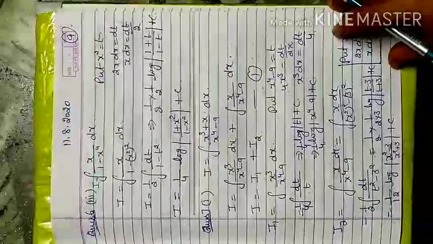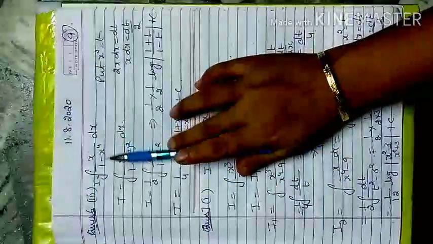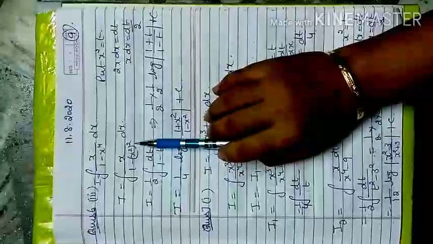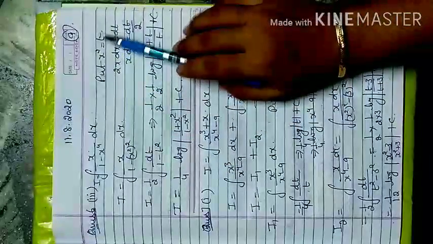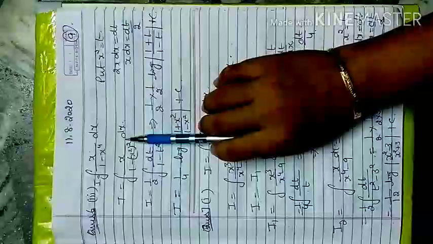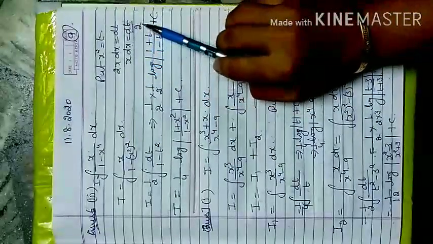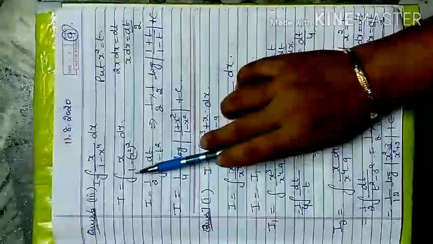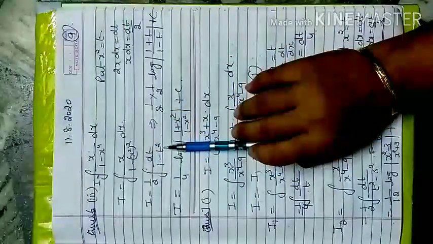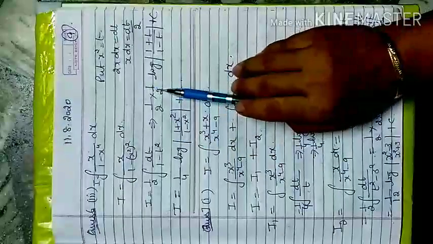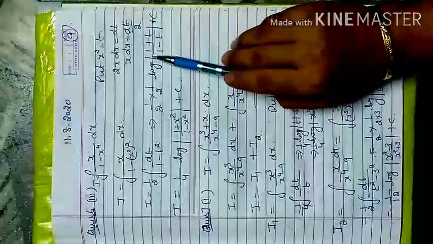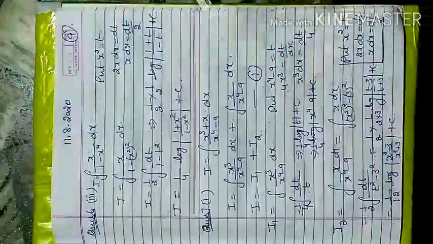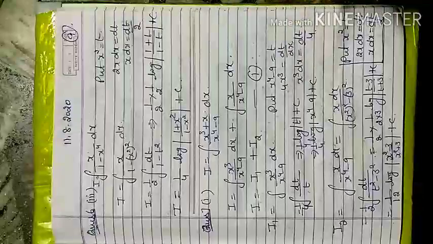Now your 6th question third part, if your question is x upon 1 minus x raised to power 4, so first you convert it into x square whole square. Now you substitute x square is equal to t, because I want to merge this into dt form. Now here x dx is equal to dt by 2. Now replace back in the dt form, x dx is dt, 1 minus t square, and this is a square minus x square form, that is 1 by 2a log of 1 plus t, that is a plus x form, 1 plus t and 1 minus t. I directly apply the formula and t replaces back to x square form.